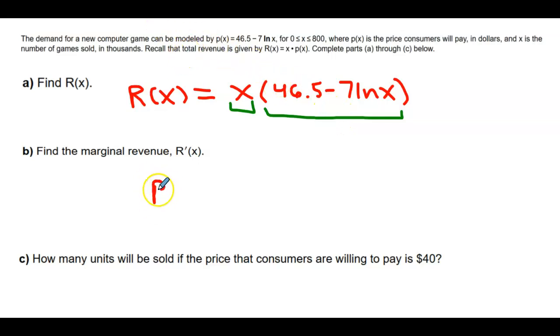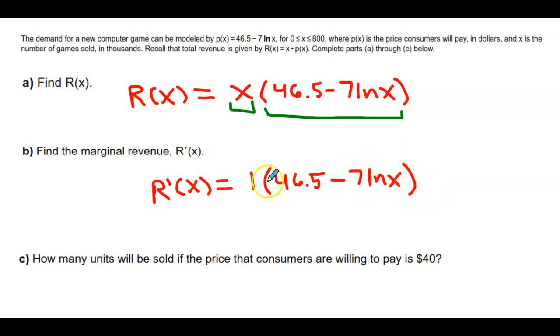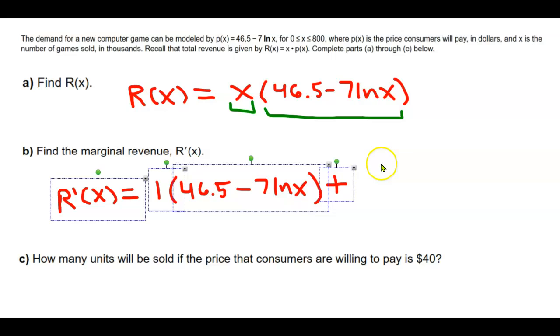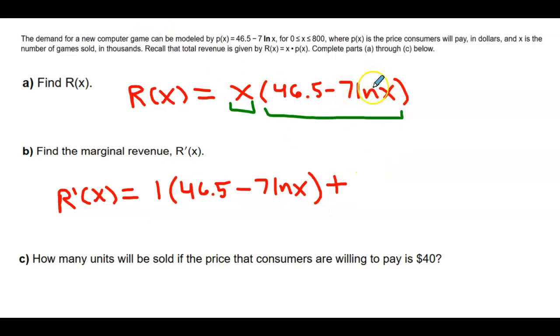So the derivative r prime of x using the product rule is the derivative of the first factor, which is just 1. The derivative of x is 1, times the second factor, this binomial factor 46.5 minus 7 ln x. So we got the derivative of the first factor times the second factor, and we put plus. Now we're going to do the derivative of the second factor, which is,